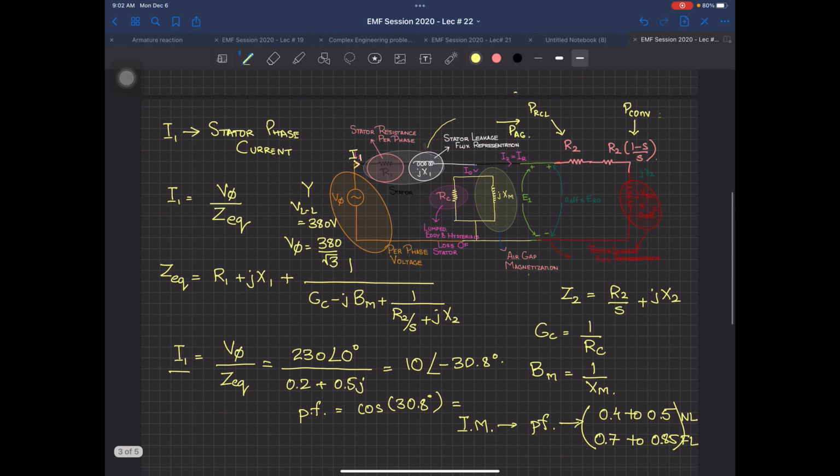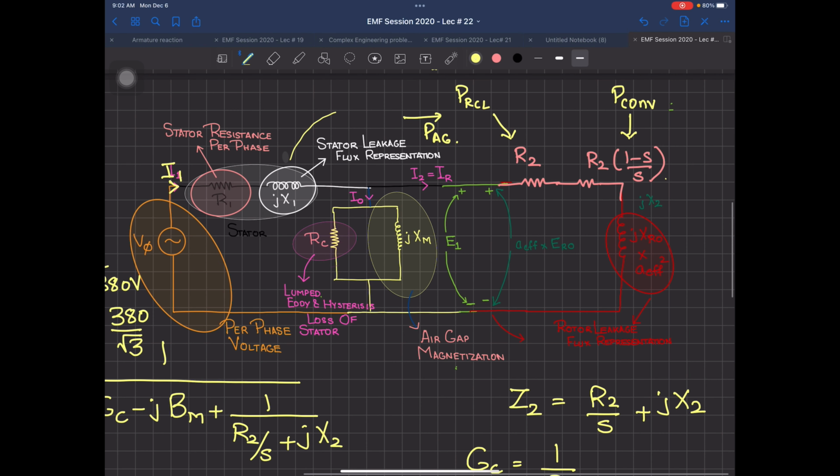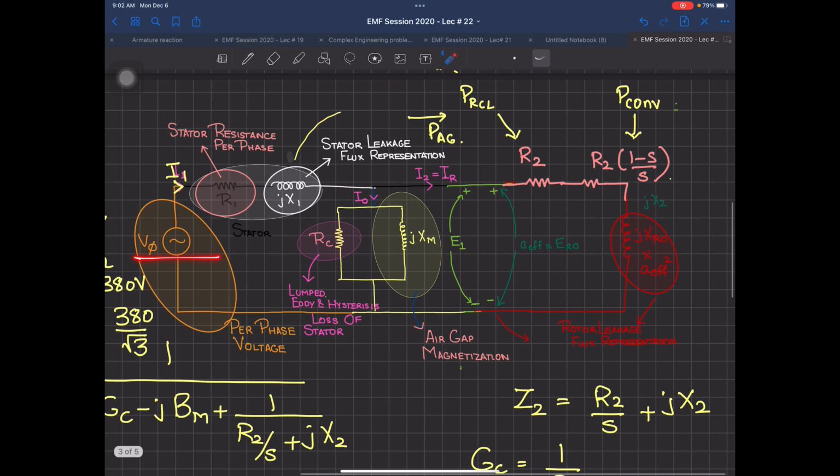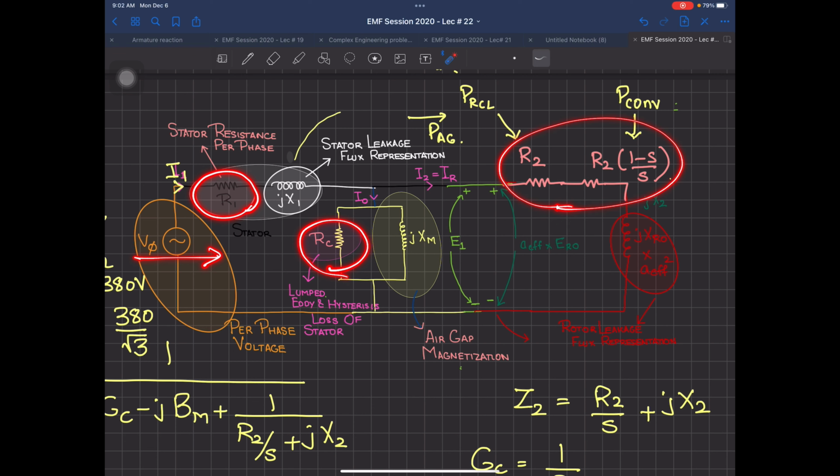Why is I2 R2 going there? Where else will it go? In this equivalent circuit, there is no other resistance. Whenever this power enters from here, I am talking about P, active power. Where will active power be consumed? In resistances. So all the input power is going to be consumed inside this resistor and these two resistors. The rest are all inductances. It doesn't go in them. I am not concerned with Q at present. I haven't talked about Q, because whenever efficiency is being talked about, we talk about P first.